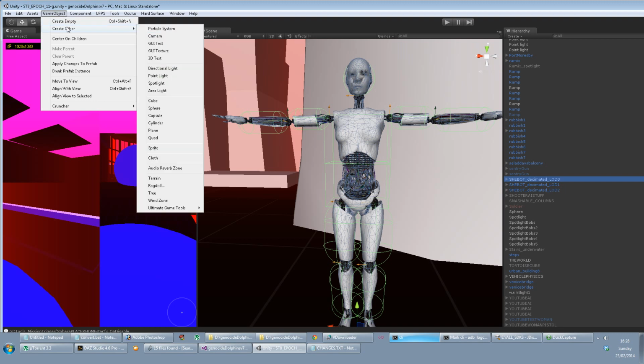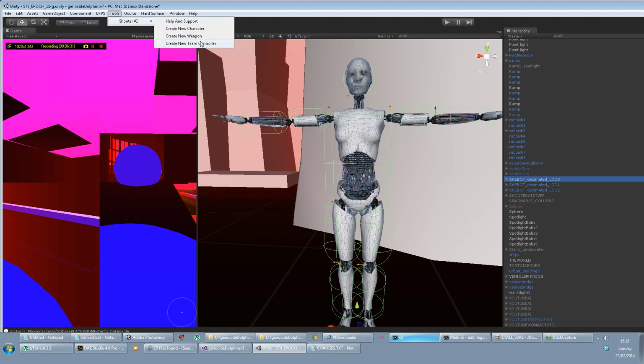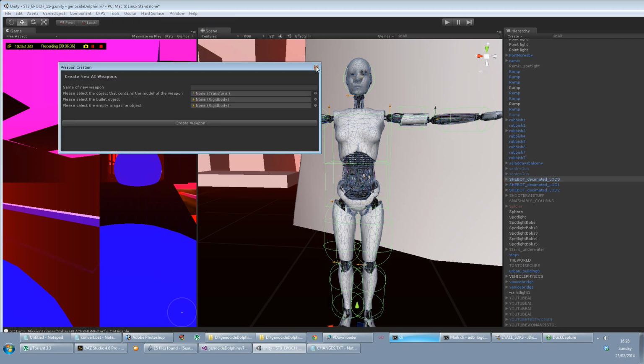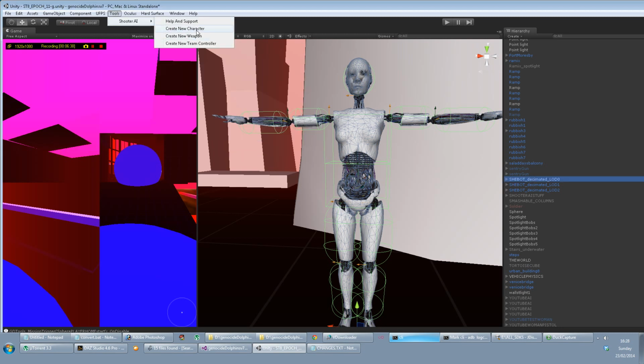So now what I'm going to demonstrate is what happens if I try and make a shooter AI enemy. So if I go to new, tools, shooter AI, create new character,